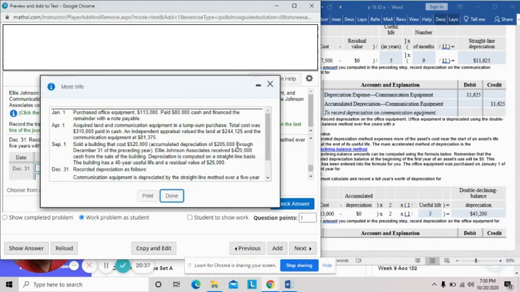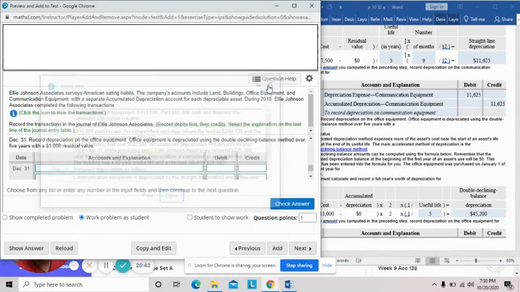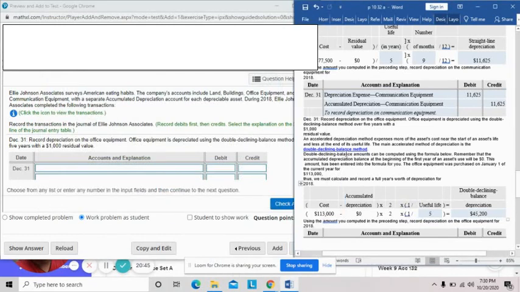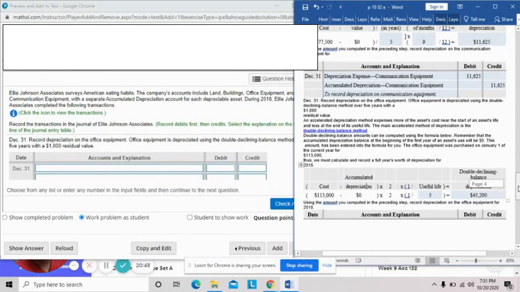So you see there, office equipment, 113,000. That's already given. I'll go to this formula here. The double declining balance formula is cost minus accumulated depreciation multiplied by 2, multiplied by 1 divided by the useful life in years to produce the double declining balance depreciation. In this case, we have a cost of office equipment of $113,000 subtracted by a zero amount of accumulated depreciation, multiplied by 2, multiplied by 1 divided by the 5 years of useful life